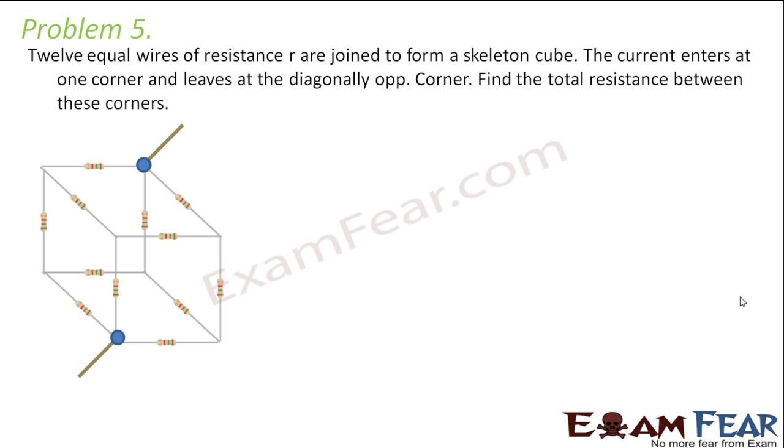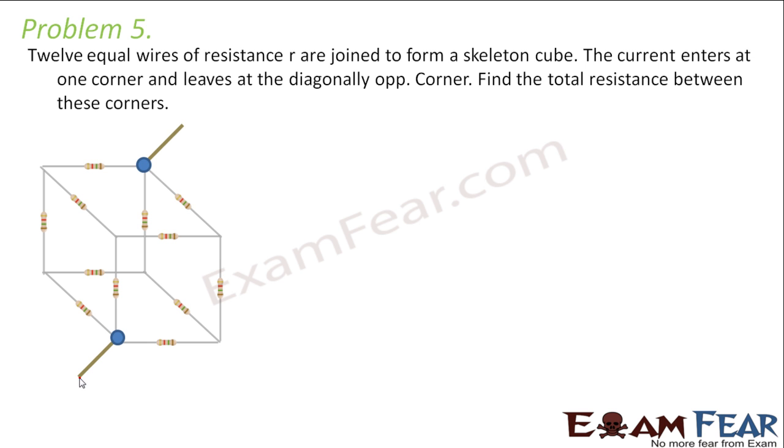You remember in our previous lesson we solved the same problem with a different method, where we first drew the current distribution and after that drew an equivalent circuit depending upon the current distribution, and from there we very easily calculated the equivalent resistance. But here we will use Kirchhoff's law and find the equivalent resistance, and you will see that the answer you get here is the same as the one you got there.